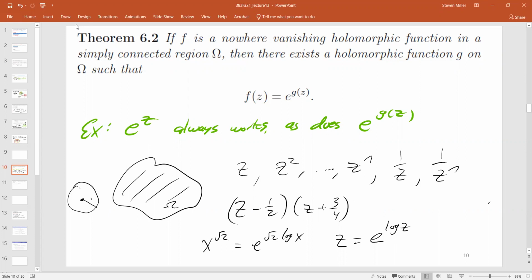So what if f is a non-bounded function defined at 0? Well, the theorem is just saying it can't vanish anywhere in the region. Right, but you said you can't write a logarithm of that function, right? If I have a function that satisfies all the assumptions at 0, then you can't write it as the log of that function because log is not defined at 0. So how would you write it?